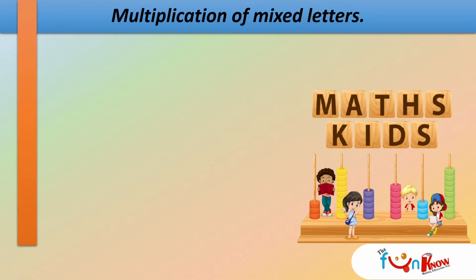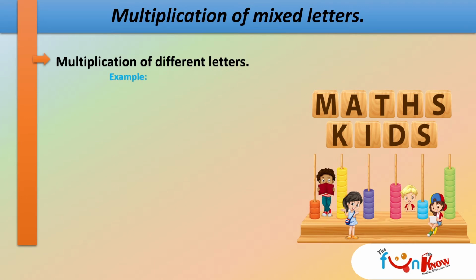Multiplication of mixed terms. Now, what is known as a mixed term and how will you multiply mixed terms in an algebraic expression? Let us check it out, students. If there is a term x comma y, the answer will be xy. Means if there are two different terms, this is how we are going to do the multiplication with them. X into y will be called xy.